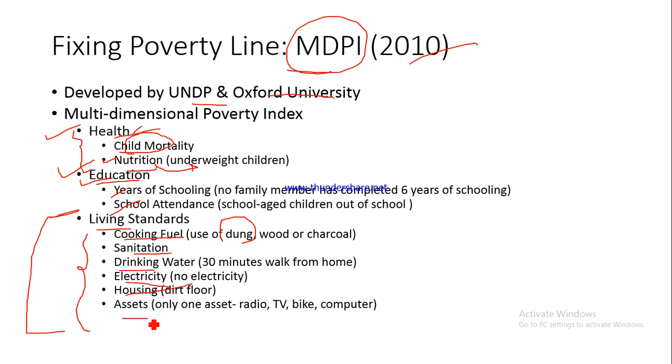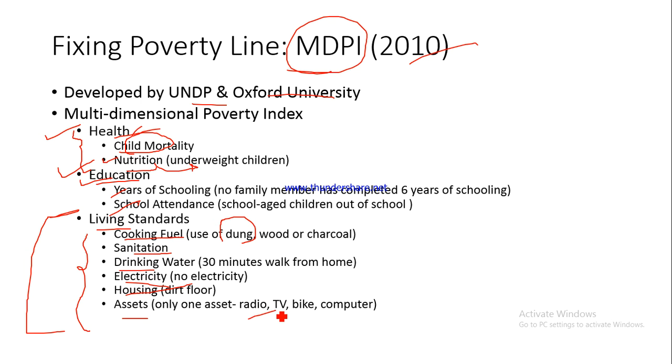If a particular household owns any of these assets, it would not be considered below poverty line. For example, if it owns assets like a radio or television or a bike or a computer, it would not be considered below poverty line. So this is how this multidimensional poverty index is created. The sub-indices within this index are health, education and living standards, and that is why it is known as multidimensional, because it is not only talking about nutrition or food intake or health only or education